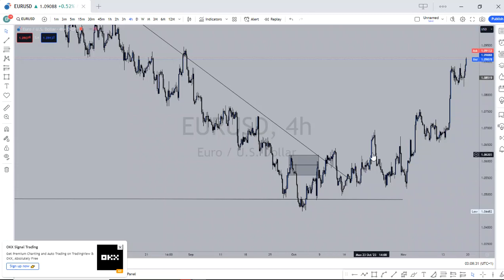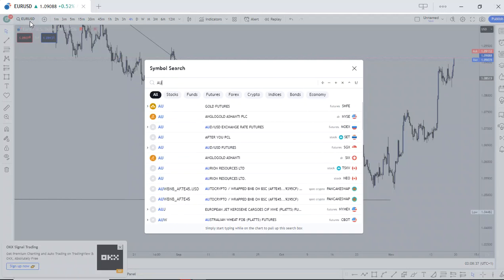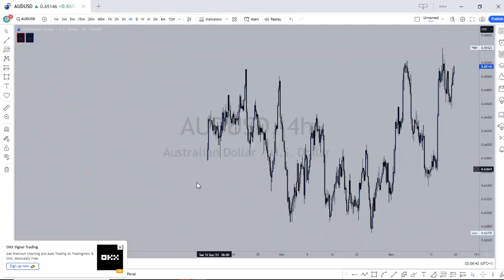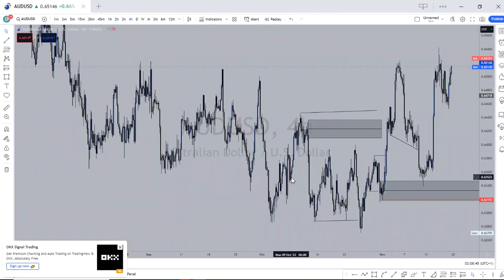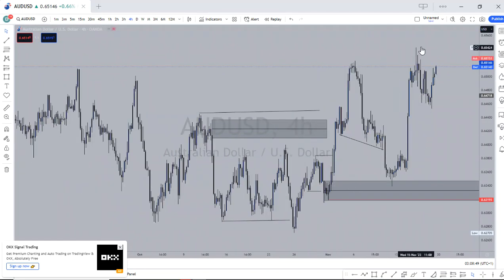You can see the move right here. And then the last one, I don't need to go to the XY anymore because I've already predicted the XY. Another one, the Australian dollar. See how I predicted Australian dollar, and you see how we traded higher. With these, you can predict. With these, you can look for your entries.